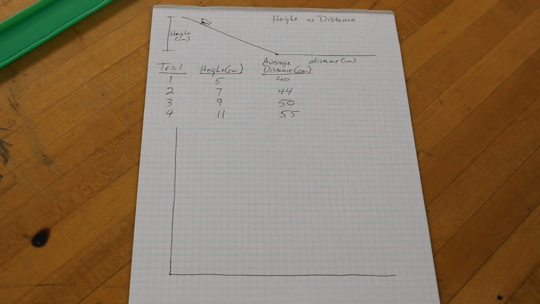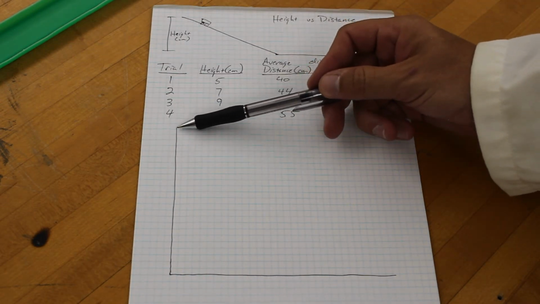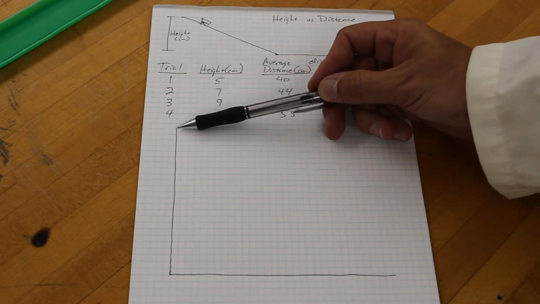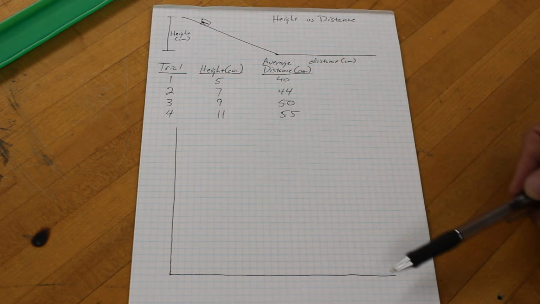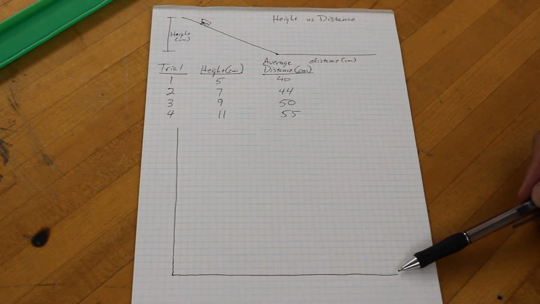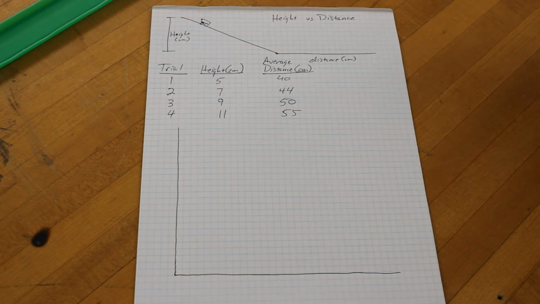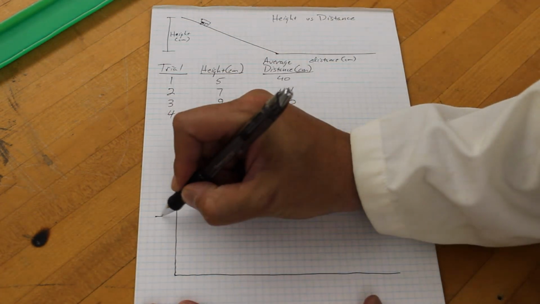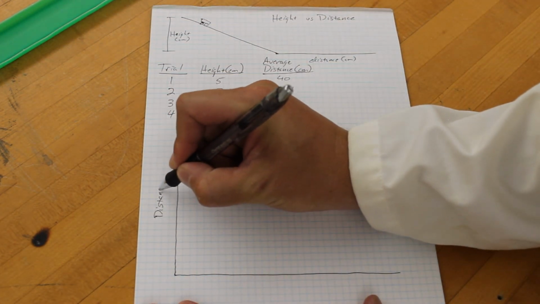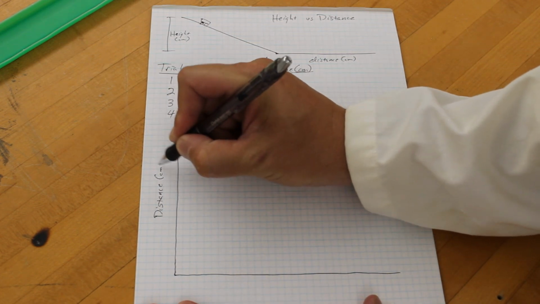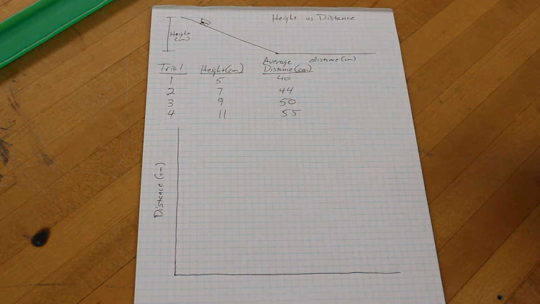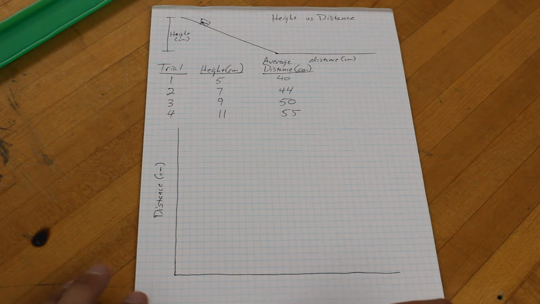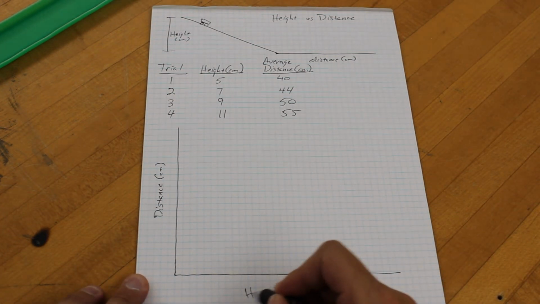So, in order to see if these variables are related and how they're related, scientists make a graph. The graph that I have has 2 axes. It has what's called the y-axis, which is where we put the dependent variable, and the x-axis, where we put the independent variable. Now, the dependent variable that we had was the distance. You'll remember that the distance in centimeters depended upon the height from which we were dropping it. So I'm going to put the height